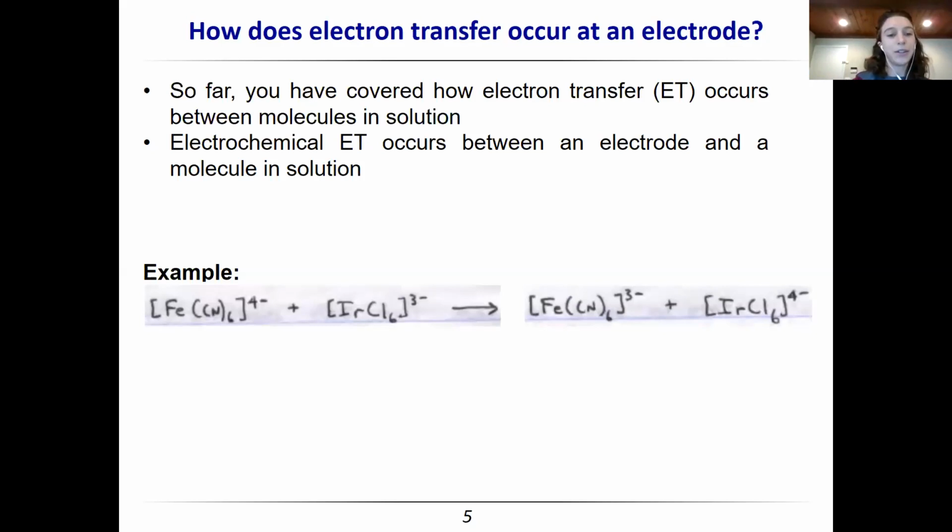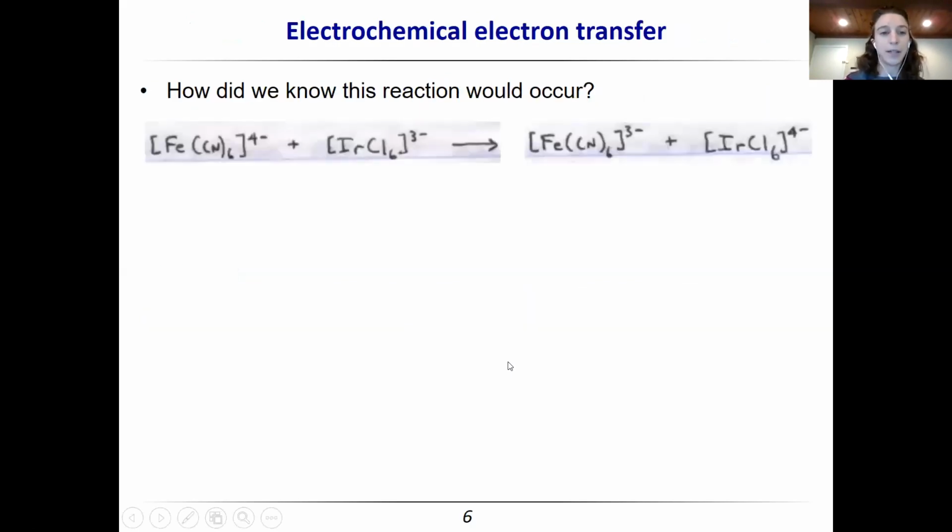But electron transfer reactions that you can do in solution, you could also do at electrodes. So you guys looked at this example, I think before spring break, where electron transfer was occurring between ferrocyanide and this iridium hexachloride compound, and the iron compound was reducing the iridium. So what if we wanted to look at this reaction, but run it electrochemically instead? So whenever you're doing redox chemistry, whether that's between two solution phase species or at an electrode or photoredox chemistry, the important thing to look at first is the reduction potentials of the complexes to see where electron transfer is thermodynamically favored to occur.